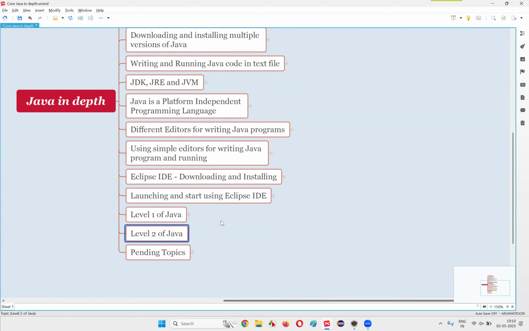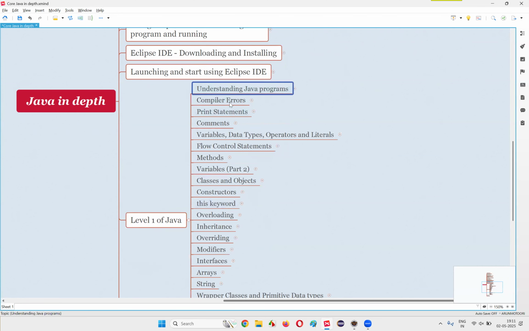Why I'm doing that? If I explain each and every concept of Java from the starting in depth, you will be lost somewhere, right? So first I want to give a glimpse of Java. That too, not advanced Java, only the core Java. I would like to explain all these topics of core Java not in too much depth, but at a good level. I'm not going to explain only the basics, the ABCDs. I'm going to cover these concepts to whatever level is required for you to understand in the beginning.